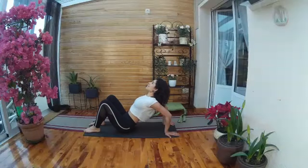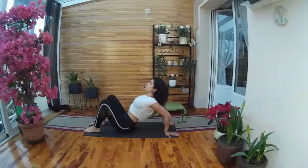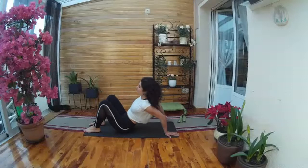Now, I stay here, and all I'm going to do is I'm going to start to breathe into the upper bit of my spine. So I'm going to inhale and exhale. Imagine I'm letting my chest drop and really narrowing my waist with my breathing. And again, actually, we're going to use a triple breath again. So we're going to go exhale, stay there. And again, good. So I'm really sending the air right into my collarbone, not into my chest, but just into this area here. So if you had a balloon here, you want to inflate that balloon. And again,